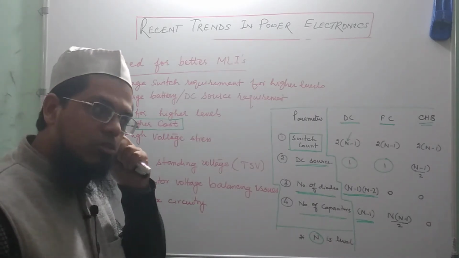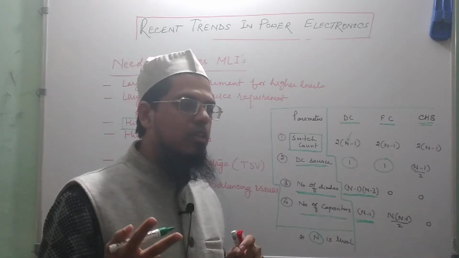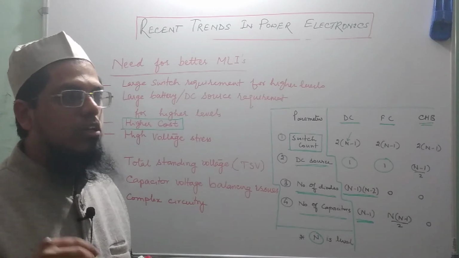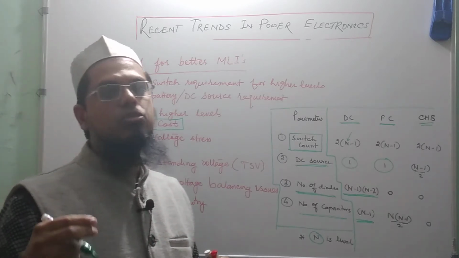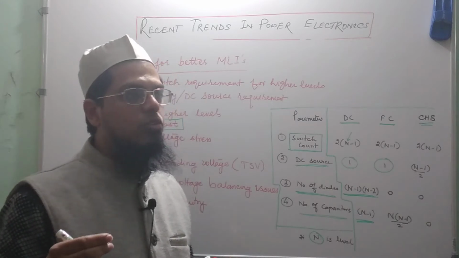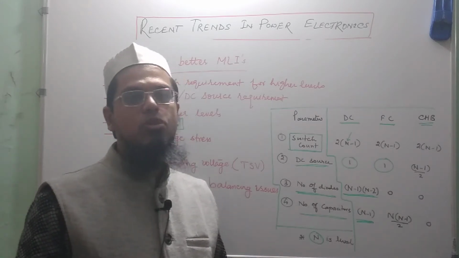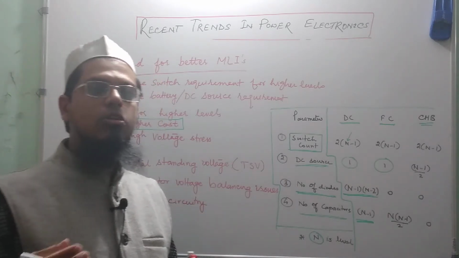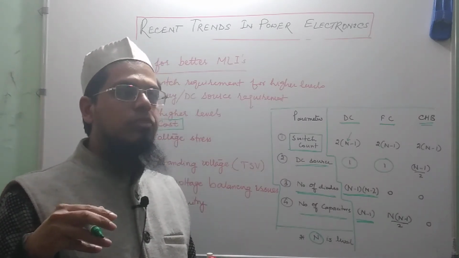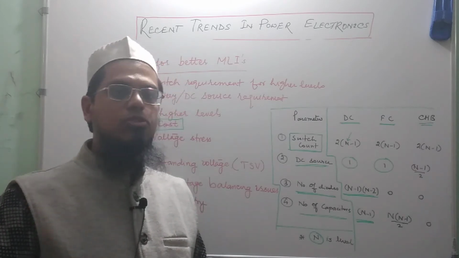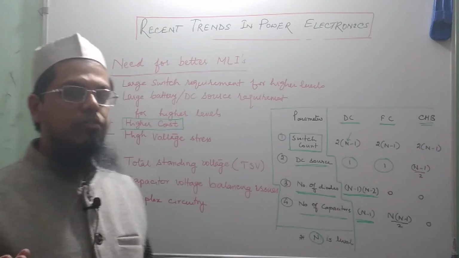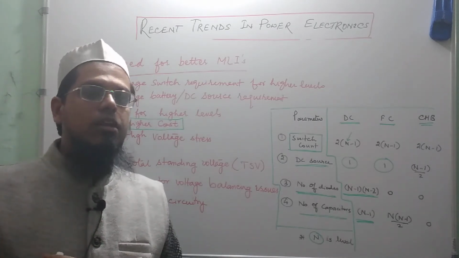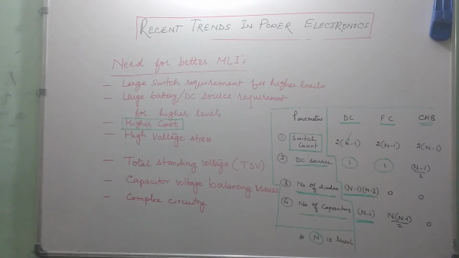How? Because you see that two types of losses are associated with a switch: one is the conduction loss and the other one is the switching loss. So the more the number of switches, definitely these two losses are going to be more. So you just have to multiply the loss in one switch by the number of switches used in some of the configuration, but definitely it is not simple mathematics, because for calculation of the number of levels,